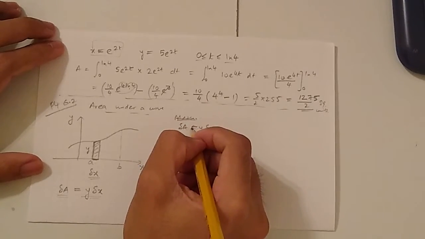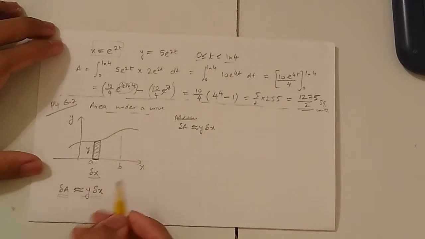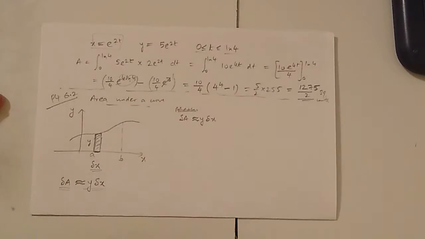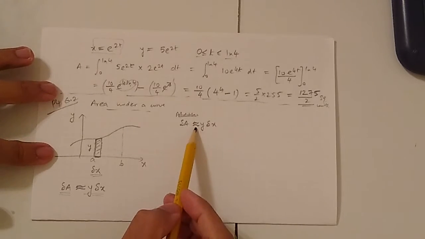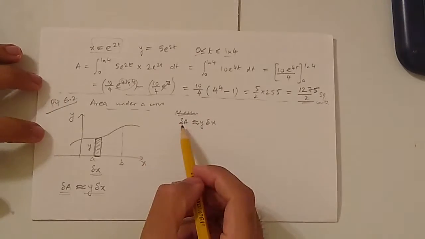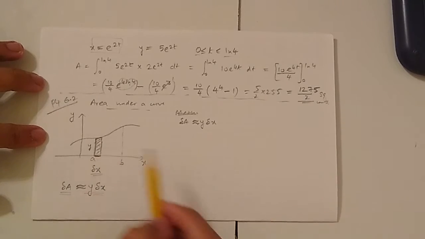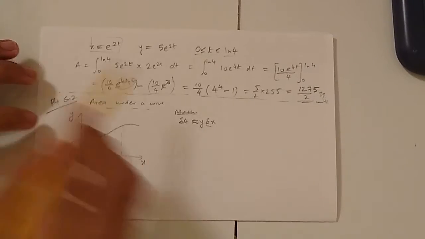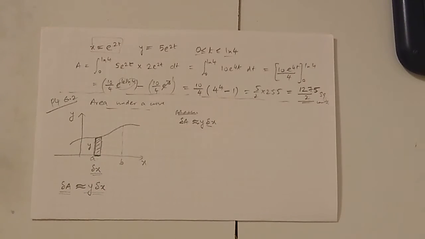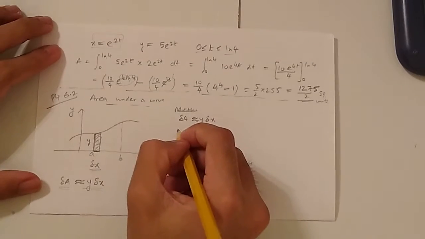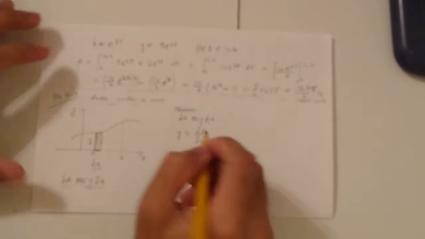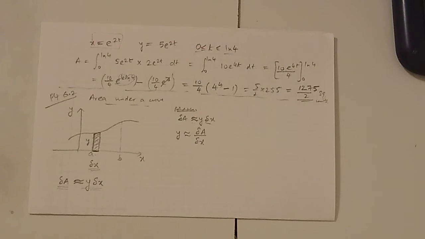And this is approximate. Notice that this is not an exact relationship because the strip is not exactly a rectangle. If it was a rectangle, you could have said that it was equal, but over here it is not a rectangle. Therefore, we are approximating it using the approximation symbol. So delta A, the small area, is approximately equal to y, which is the height, into the small width, which is delta x. Now we can take delta x to the other side. Therefore, y is approximately equal to delta A by delta x.